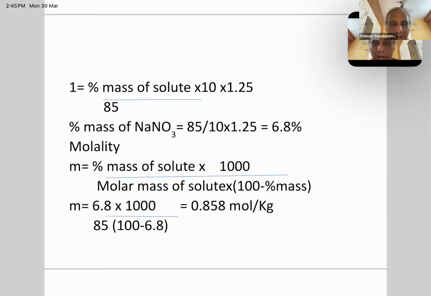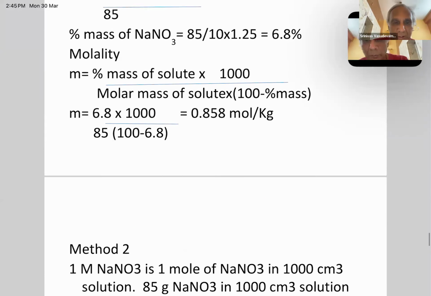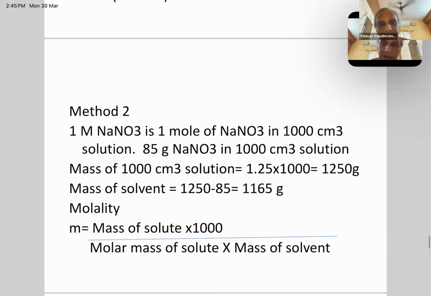Then molality equal to percentage mass by molecular mass into 1000 by 100 minus percentage mass. So 6.8 by 85 into 1000 by 100 minus 6.8, 0.858 mole per kilogram. This is one method. Another method is from the concept here. When I say 1 molar